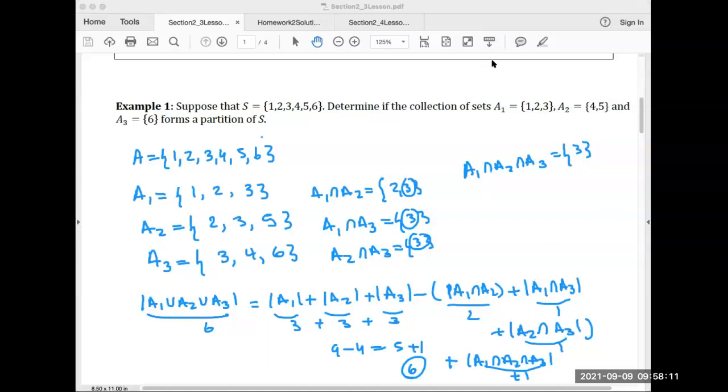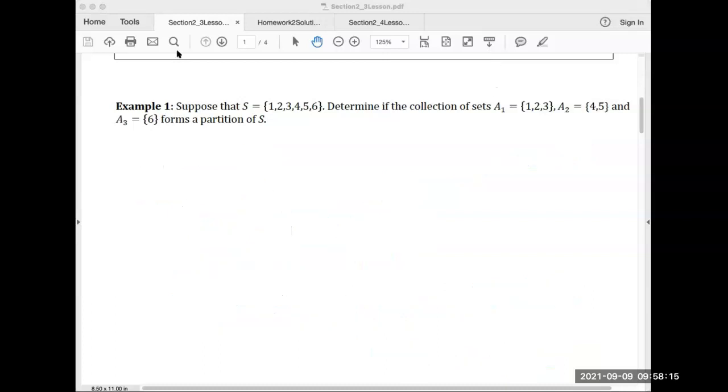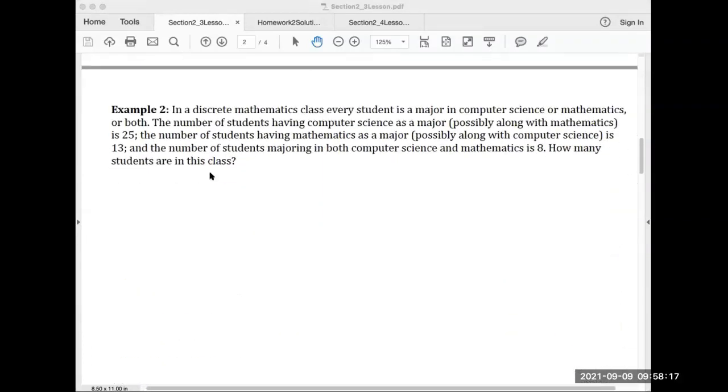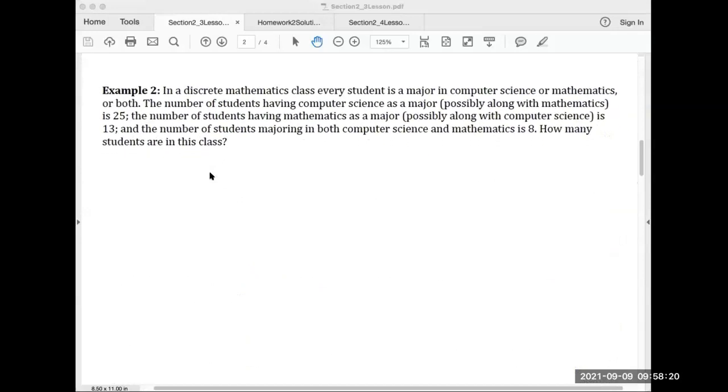Okay. All right, so let's do a couple of examples using the principle of inclusion exclusion. So these might be a bit familiar because we looked at a couple of these problems in problem set 1 without me actually telling you about this. So this is more formalized. So in a discrete math class, every student is a major in computer science or math or both. Okay, so we have 2 sets. So we have computer science,